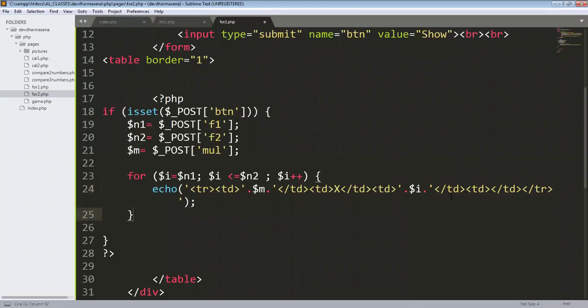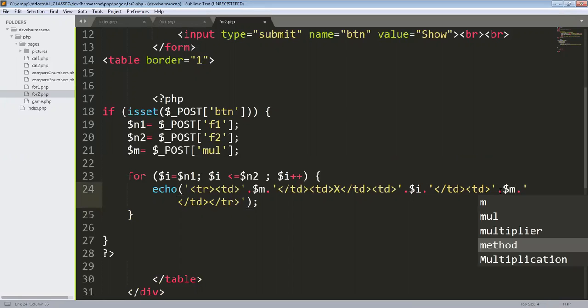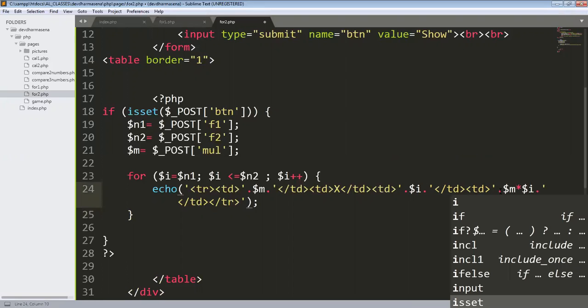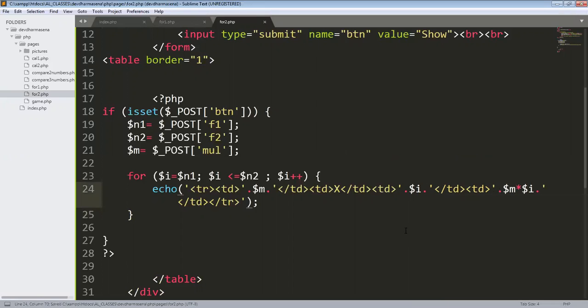Okay, so then it will be multiplied. So here we will throw the answer. Okay, so the answer is going to be the variable multiplier into the iterator.